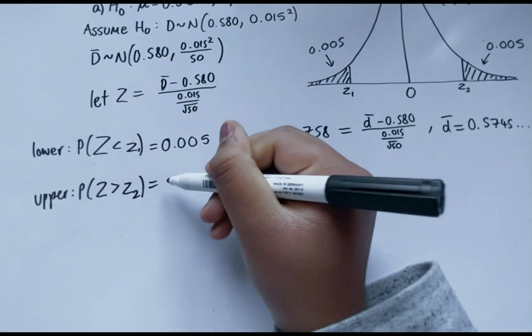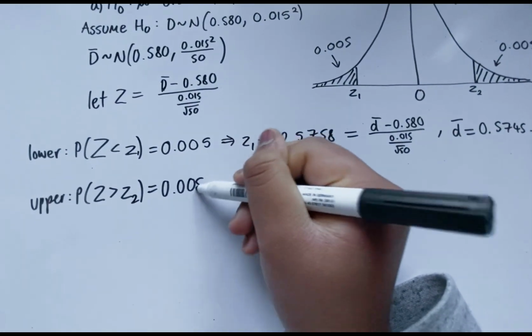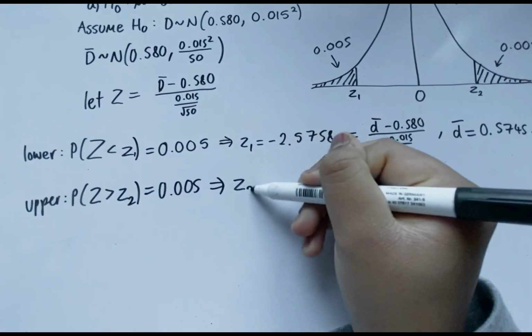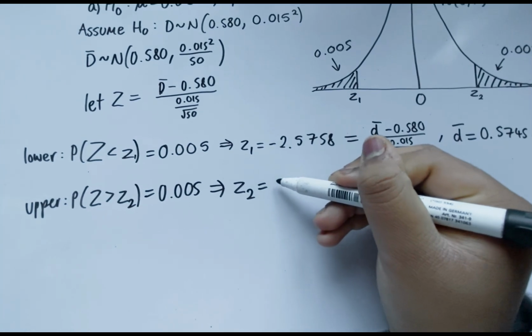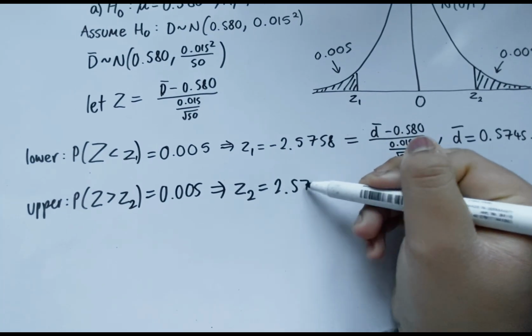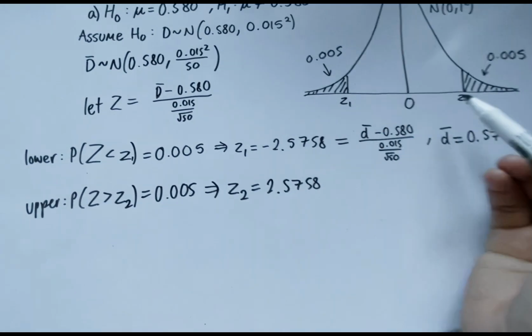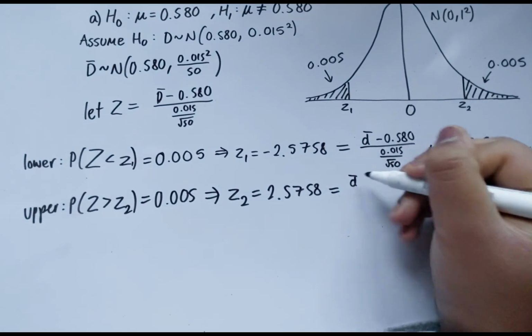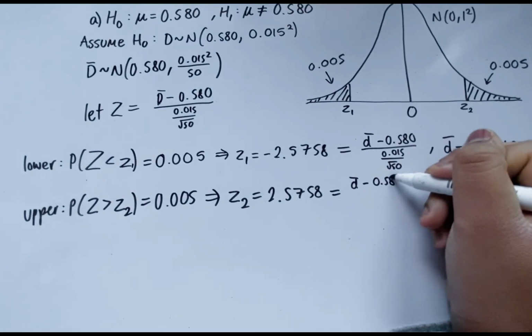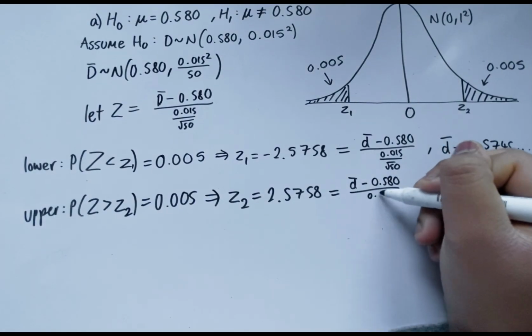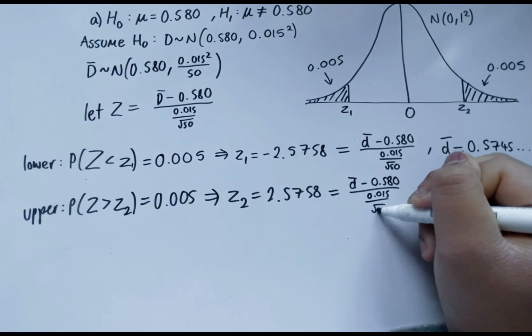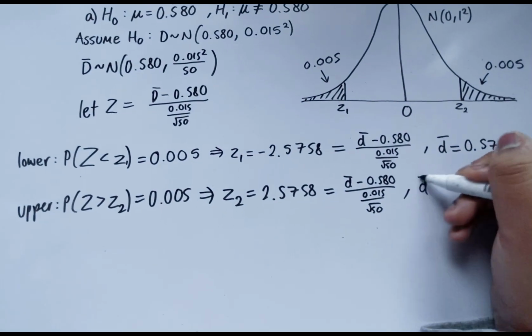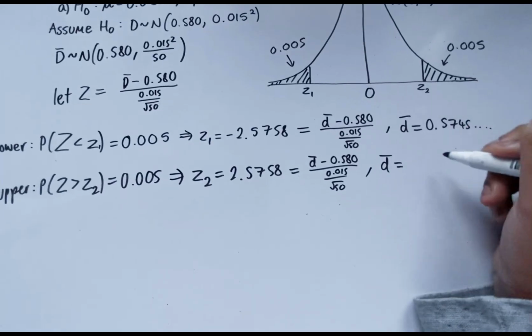For the upper tail, we want the probability that z is greater than z2 for the upper tail to be equal to 0.005, which solving in the same way will give us z2 is equal to 2.5758, the positive version, as the normal distribution is symmetrical. And so this again is equal to d bar minus 0.580 over 0.015 over the square root of 50, which when solving gives us d bar will be equal to